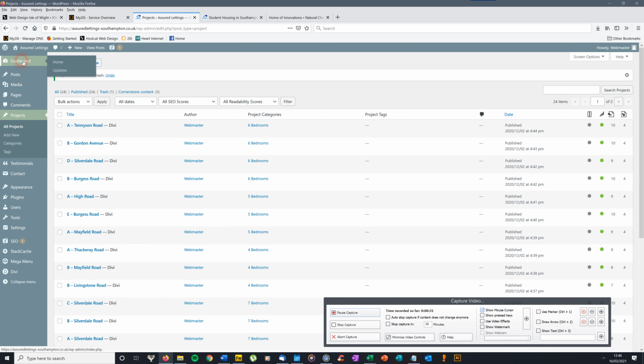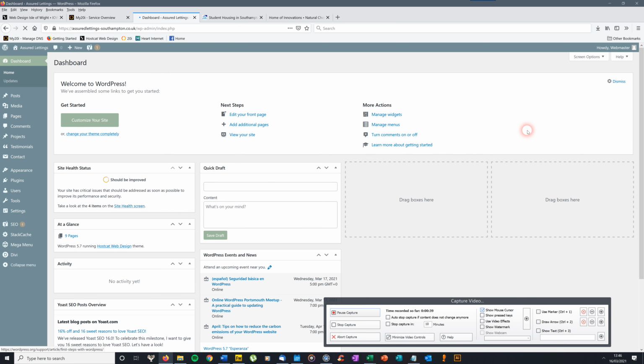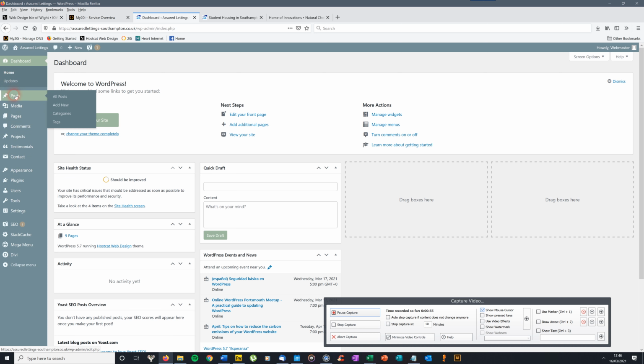Now what you need to look for, this is what you normally see when you first log in here. The back of the site is always referred to as the dashboard, so this is what you normally see. I'm not going to do editing of pages and things like that at the moment, that would need a different video, but you'll see over here on the left hand side posts, media, pages, etc. You look for projects. You'll see a drop down come out from projects, click all projects,